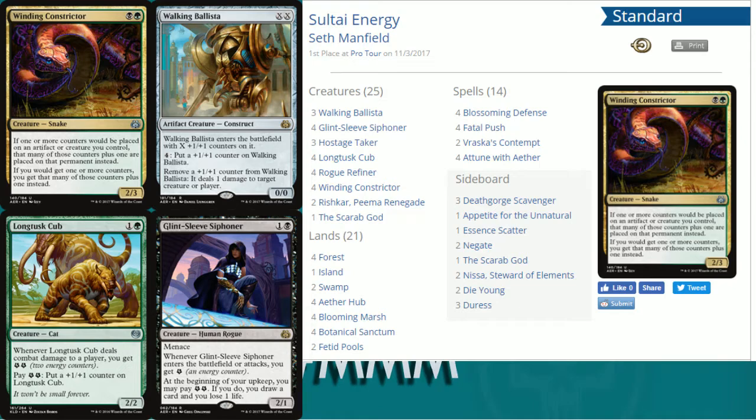And then Cub. Cub is another, like, oh, this could just win us the game, right? Just like Walking Ballista. Cub starts out as a 2/2 for 2. But whenever he deals combat damage to a player, you put 2 energy on, which is really nice. You can pay 2 energy and put a +1 counter on. So energy that you've built up at any point, you could say, all right, activate, pay 2 energy, put a